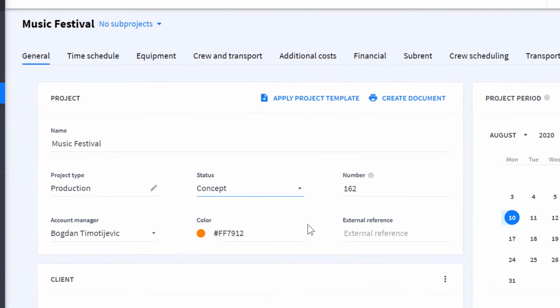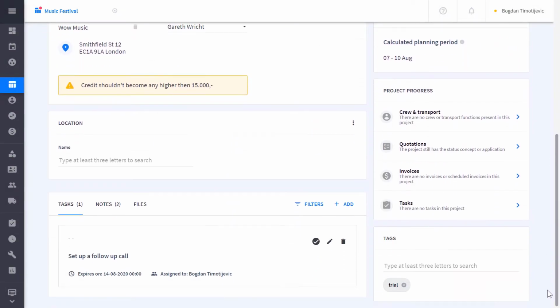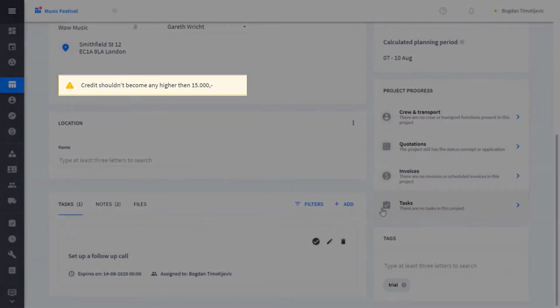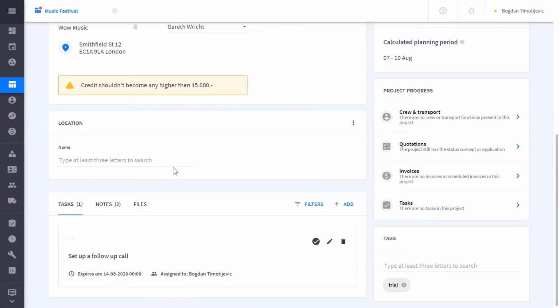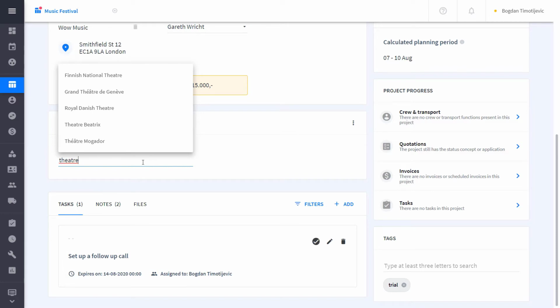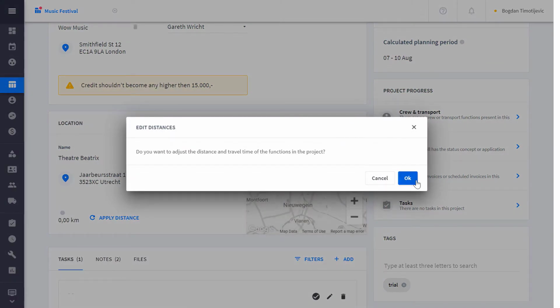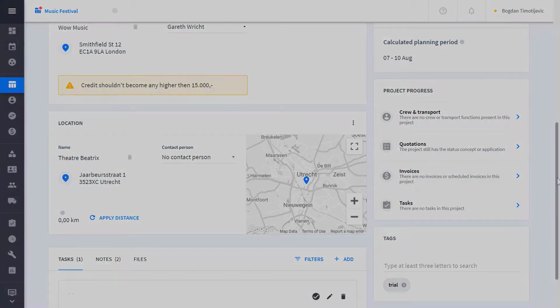The client and location are added from your contacts database, where their details are already stored through importing or adding manually. For CRM purposes, you can make sure you store special discounts, warnings, and notes on the customer level so you always know what is agreed with that customer specifically. No more needing to manually calculate distances to your project. Once you add a location, Rentman will calculate the distance from your warehouse to the location you select. It can even help apply a price rate you set for your transport.